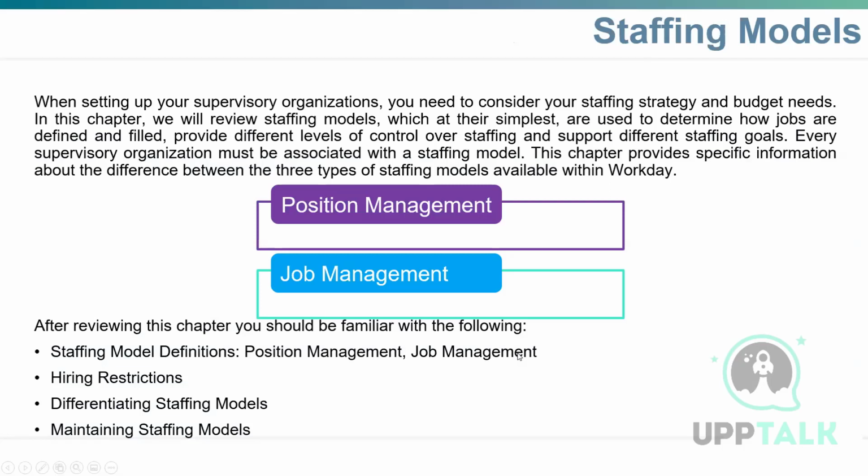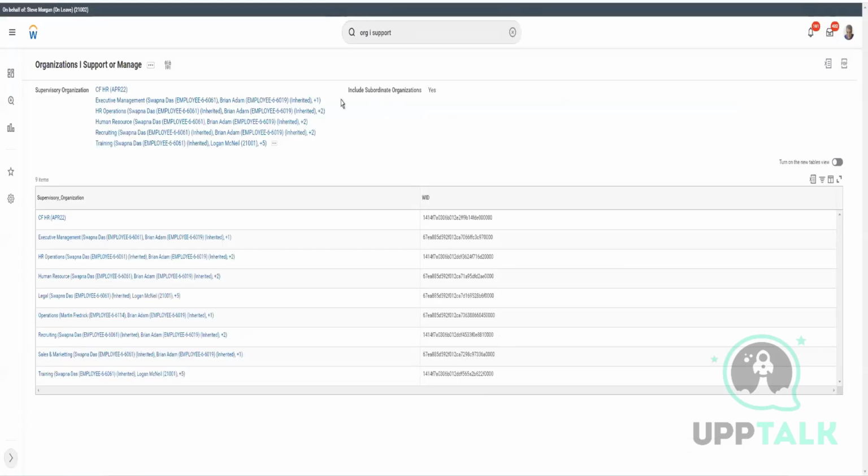Next is the staffing model that we have been talking about, the position management or the job management, and what do they do? So staffing models, and where do you see your staffing model? So we did see that when we create the supervisory org, which is not inherited, it does ask us for the staffing model option. So let me start proxy as